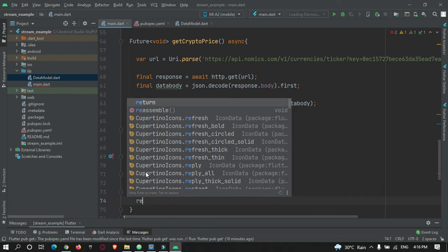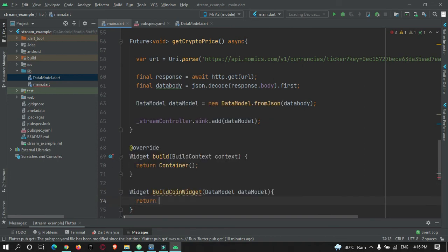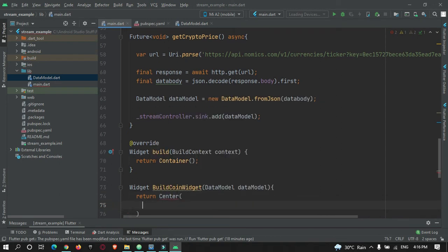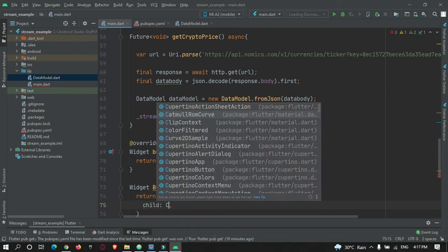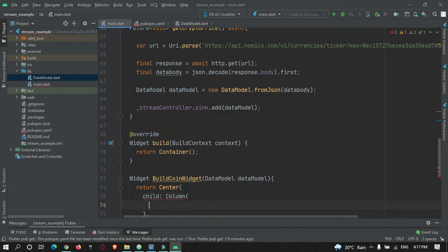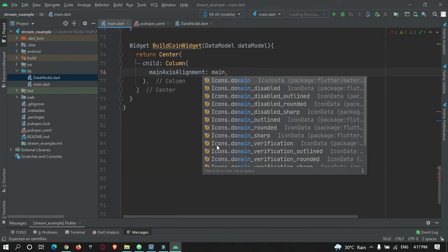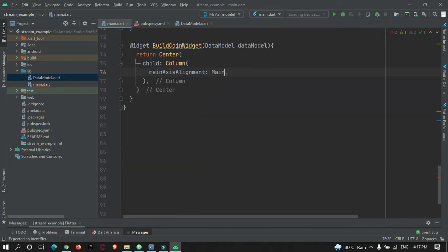Okay, so here we are going to return our widget. So our widget is center widget, children column widget, and let's bring the widget at the center of our screen. Main axis alignment, center, children tag.